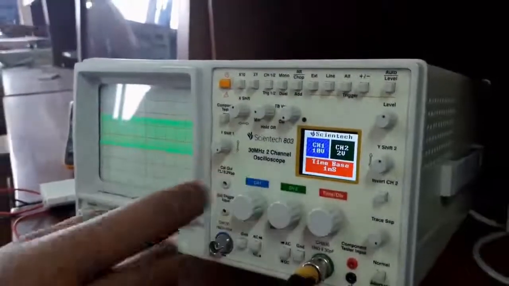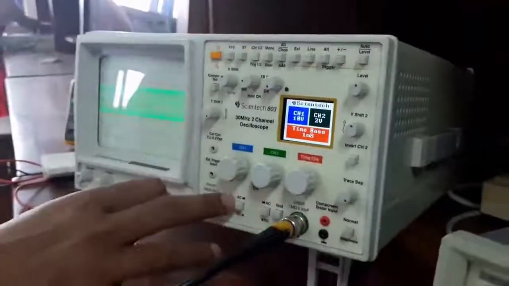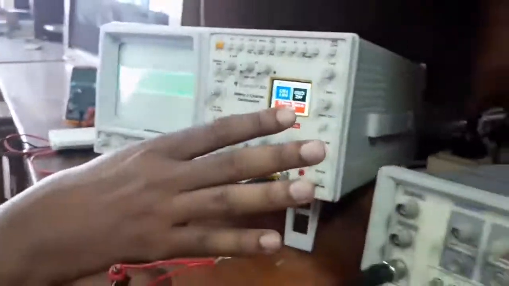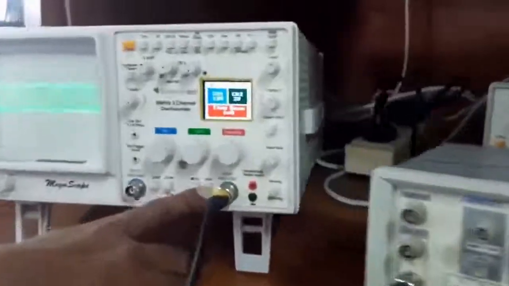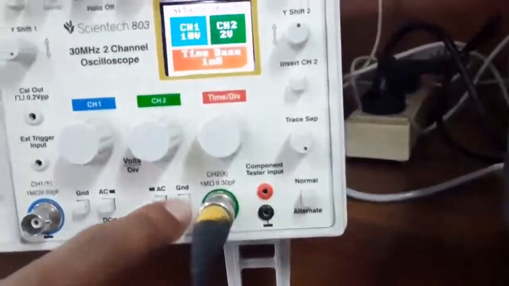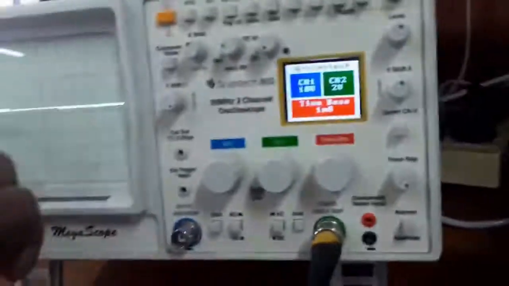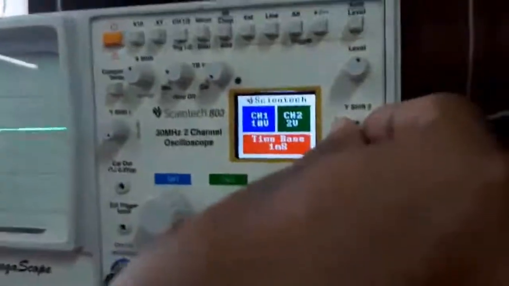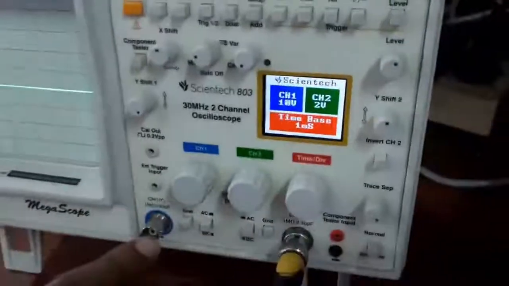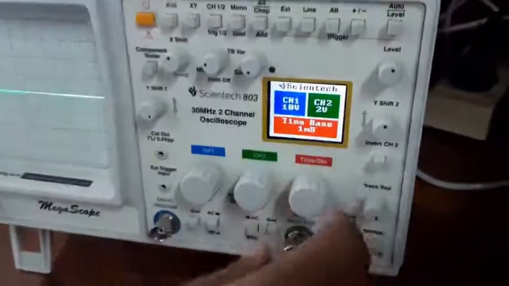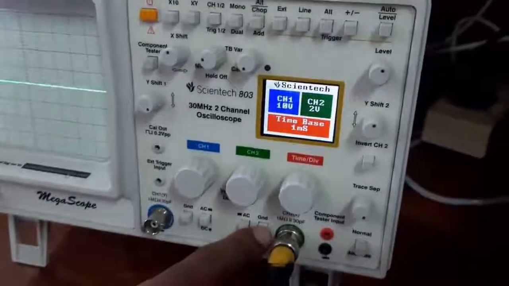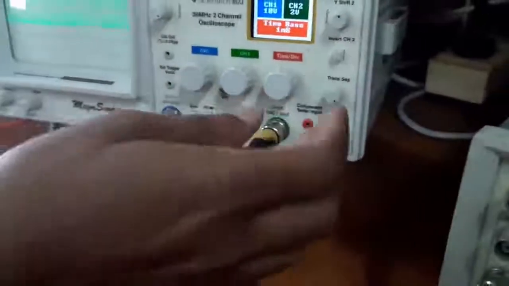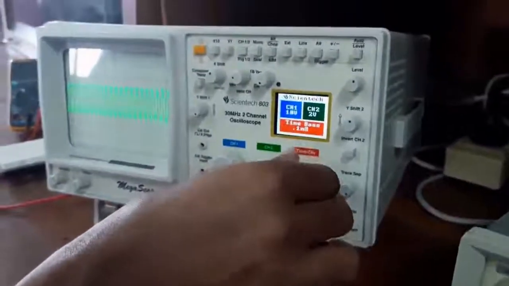So what is the first thing that you do? When you are setting this up, for both the devices, the first thing you do is press this ground button. This line has to be exactly in the center. Since I am using channel 2, this is the knob for that. If I had to use channel 1, this is the knob for changing it. So I am pressing the ground button, and then releasing the ground button. Then we will see what output waveform I get.